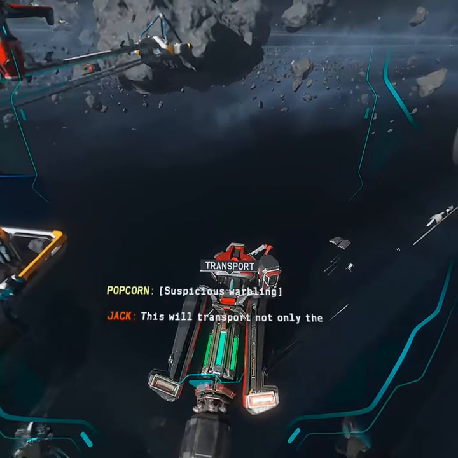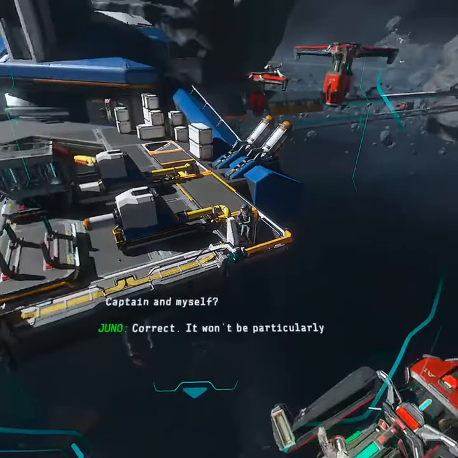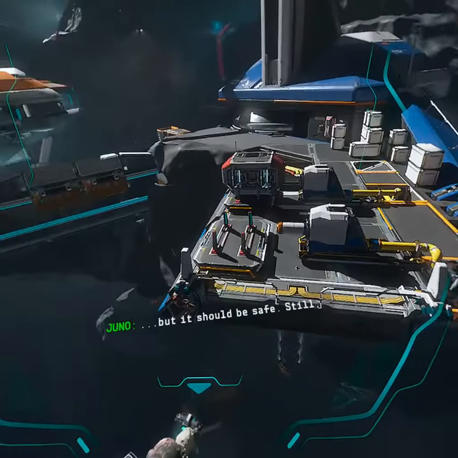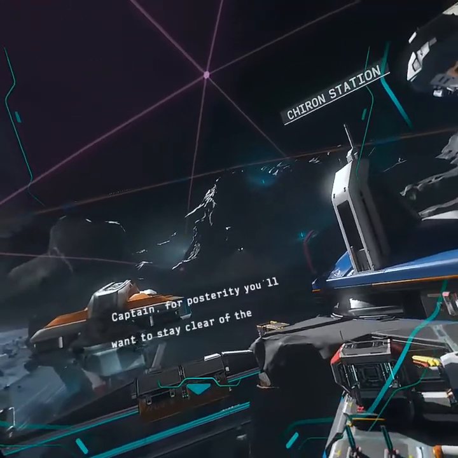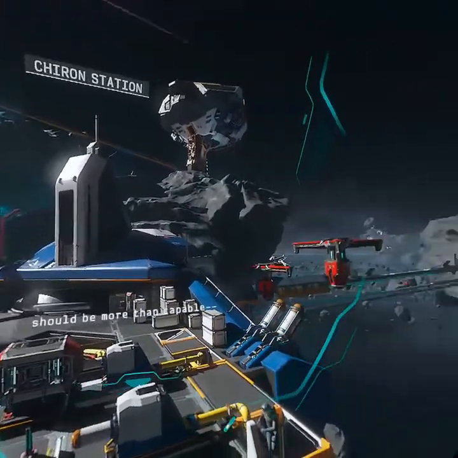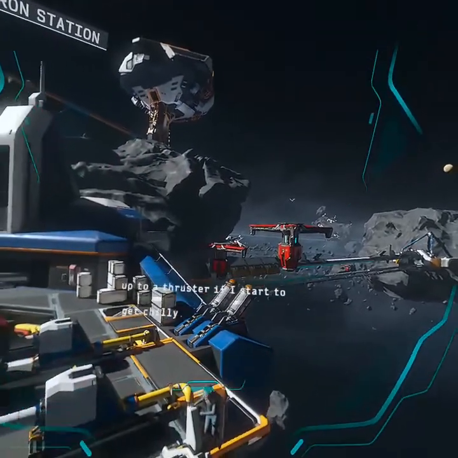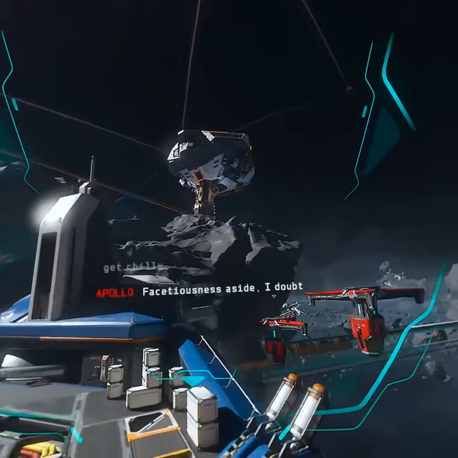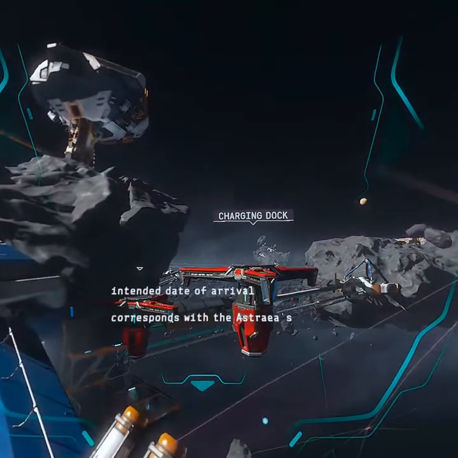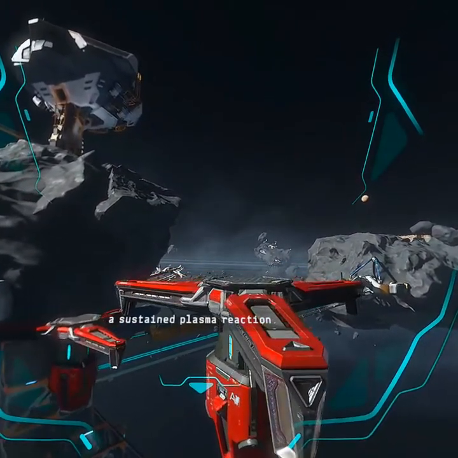This will transport not only the cure bomb, but also the captain and myself? Correct. It won't be particularly fast. Comfortable. But it should be safe. Still, Captain, for posterity, you'll want to stay clear of the thrusters. Though your suit should be more than capable of... Don't worry, Juno. I'll only cozy up to a thruster if I start to get chilly. Facetiousness aside, I doubt that will be an issue. Our intended date of arrival corresponds with the Astraea's wreckage still burning through a sustained plasma reaction. Radiation will be high. The transport will...